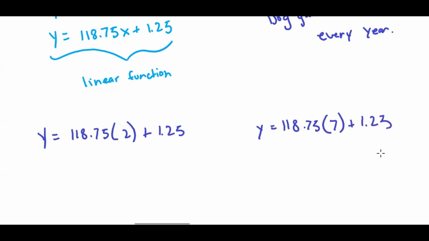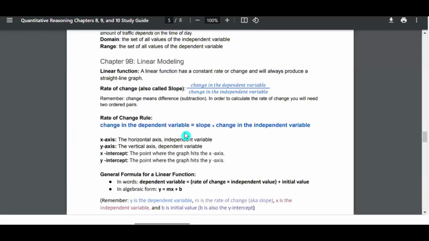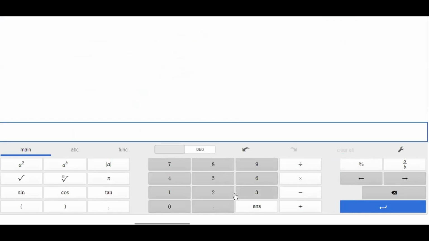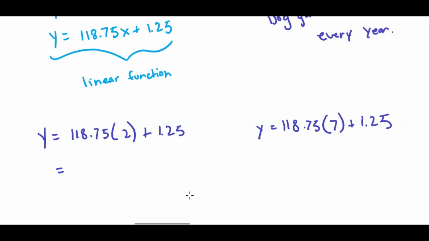Oh, that 5, okay, that's better. Alright, so I'm just going to plug that into a calculator. There's our slope, times 2 for 2 years. Remember, the slope represents how much the dog is gaining every year. So, if we're doing 2 years, we have to multiply it by 2. According to our function here, the dog after 2 years would weigh